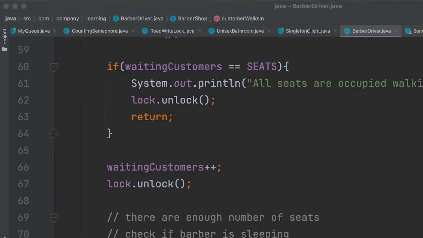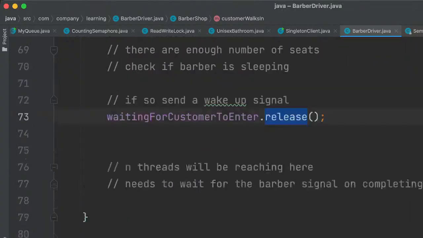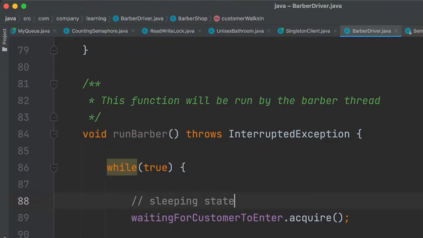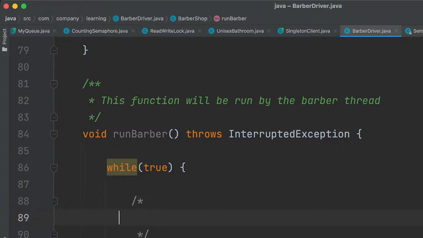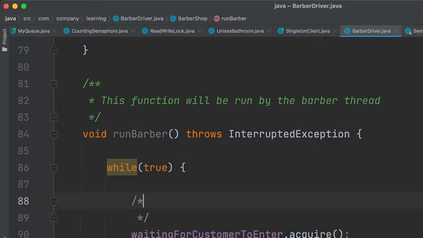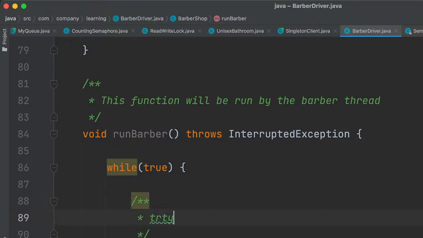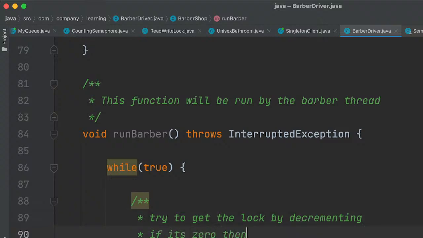What this operation does is, acquire basically tries to get the lock by decrementing. If it's 0, then it will lock.